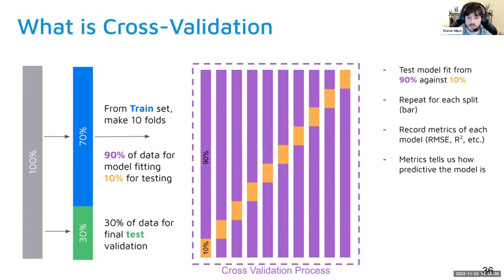When we combine all of these together, we're able to estimate how predictive the model is, which is absolutely key. We have to remember that what we're trying to do is not to model something and make it look perfect in the baseline. We are trying to model something to predict the future. So this vastly helps with that. Once we put all of that together, we can say, okay, which model does the best? And then we can test that on the final 30% to get a real estimate of the predictive power of our model.